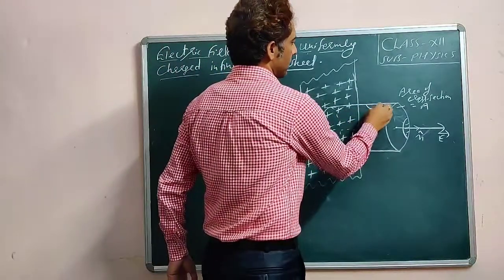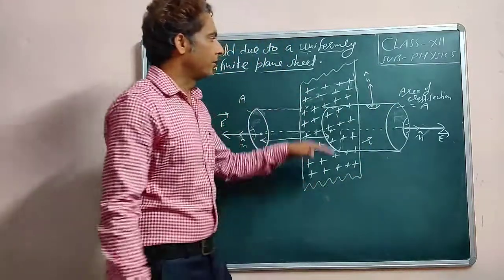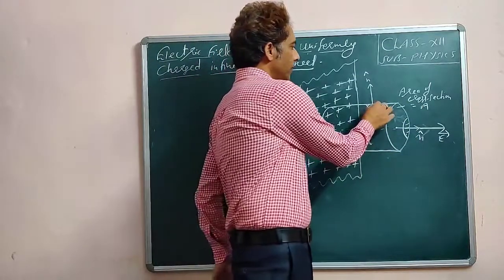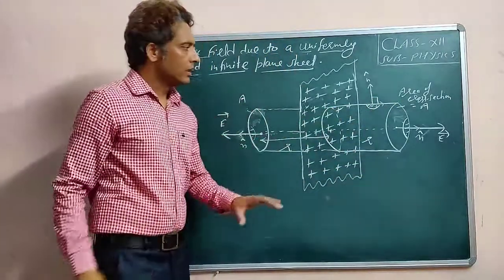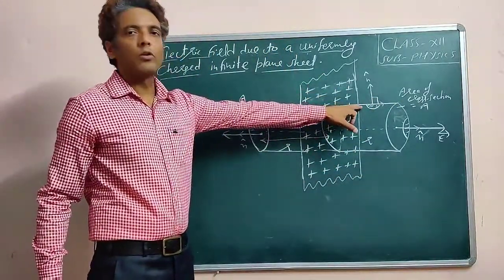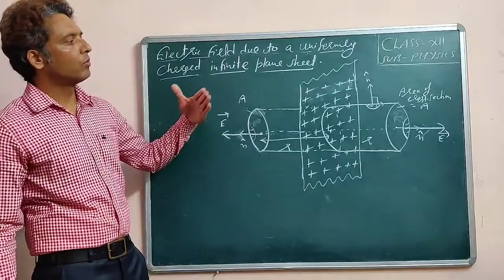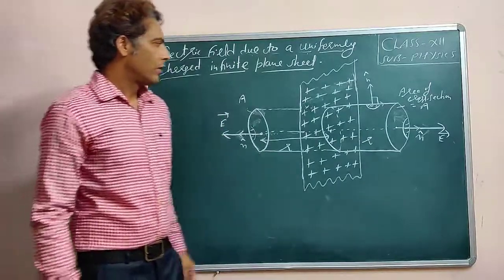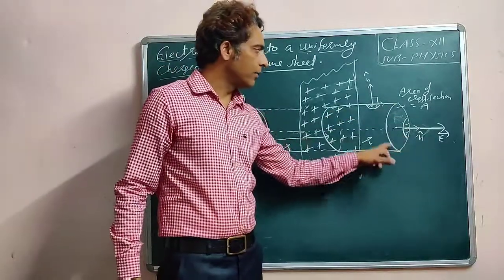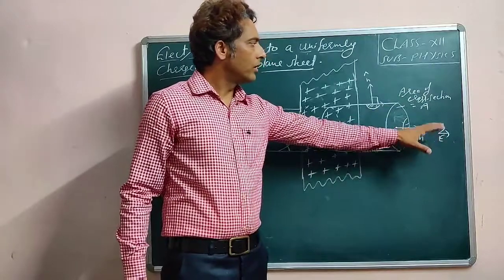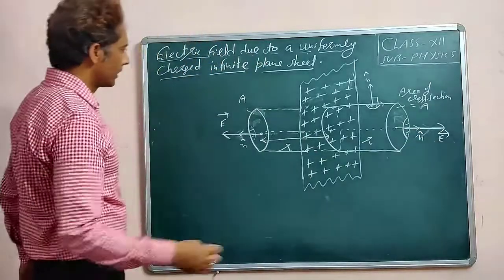the area vector will be directed outward, so it will be like this, and electric field is along this side. So the angle between electric field and area vector is 90. Means this curved surface will not contribute toward electric flux, and these two surfaces will contribute to electric flux. Now we can see the total electric flux through this area will be electric field into this area, so it will be E into A. So we can directly write